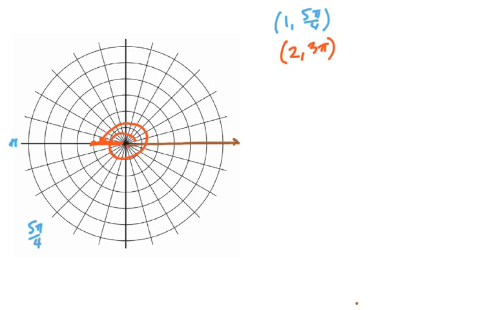So the next one is 2, and we have negative 2 pi over 3. Negative 2 pi over 3. So just like in trigonometry, our negative angles go backwards. So we're going to start at the polar axis, and instead of going counterclockwise, we're going to go clockwise. And we're going to go to 2 pi over 3. So 2 pi over 3 from the negative angle would be